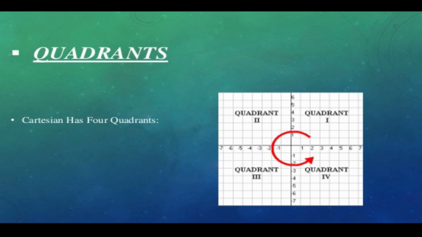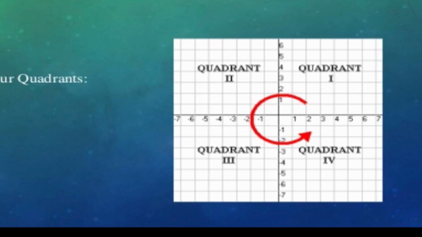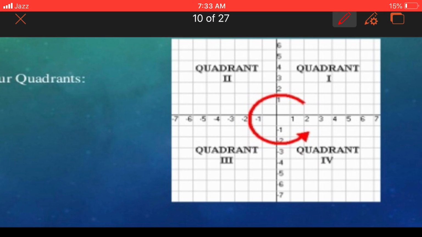This one is the exact picture of the quadrants. Look at it. When these two lines intersect each other, we obtain 4 different quadrants here, and the quadrants are always counted in the anti-clockwise direction. The first quadrant is this one, and the next, we will go in the anti-clockwise direction, and then the second quadrant will be this one. This is your third quadrant and this one is your fourth quadrant.